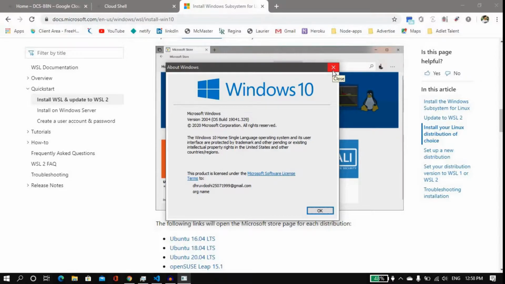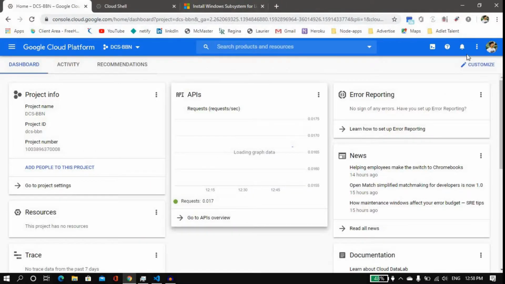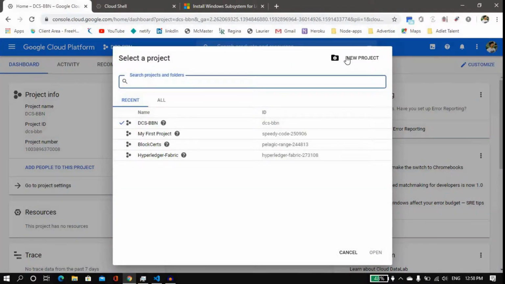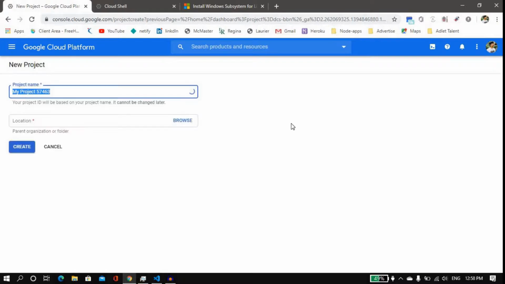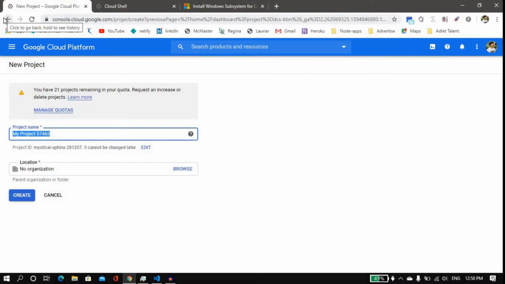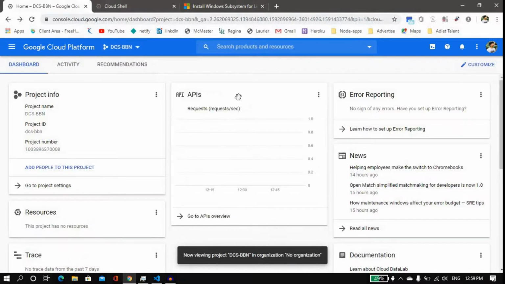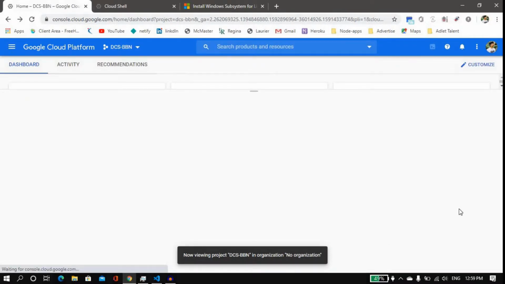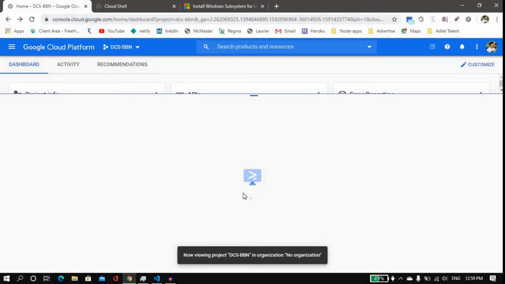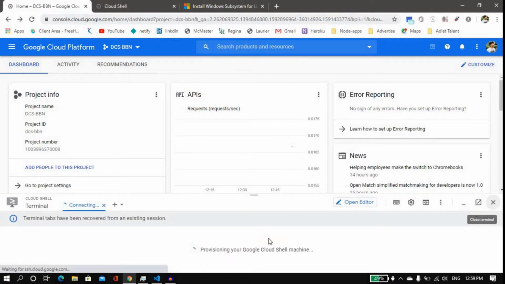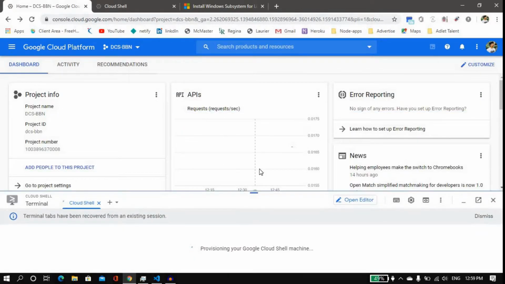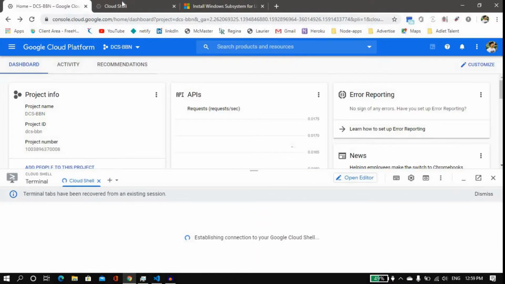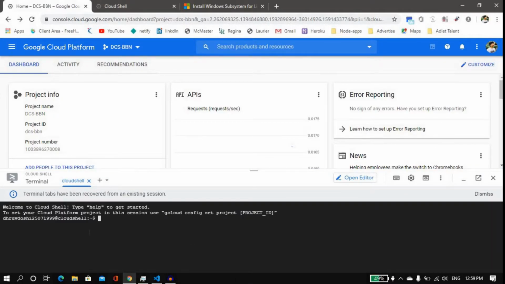So if your Windows is not the 2004 version, you need to go to Google Cloud and make a new project. I had already made a new project. You can create a new project here. This is completely free of cost. Google provides $300 of credit, so this is best for you. You can go and deploy the system and open the Cloud Shell from here. I have already created a single Cloud Shell. Still, this would be another instance I can show you how you could do this. So instead of doing WSL, you can use a virtual machine over the cloud.